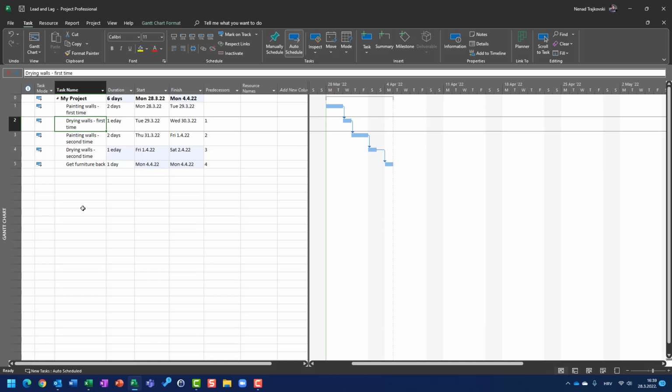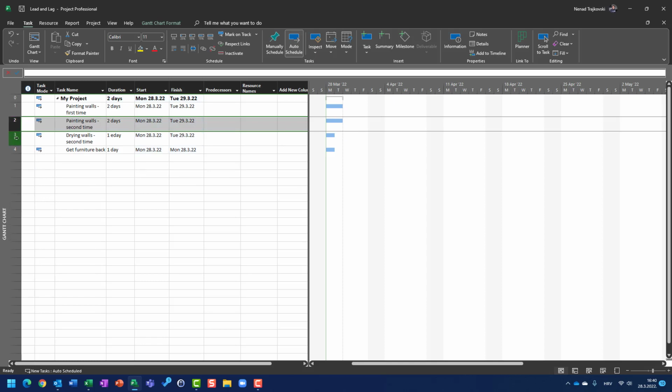So those tasks are, let's say, overhead. But still, we had 1 day to wait between painting the walls and between painting the walls and getting furniture back. So let me now break those connections and